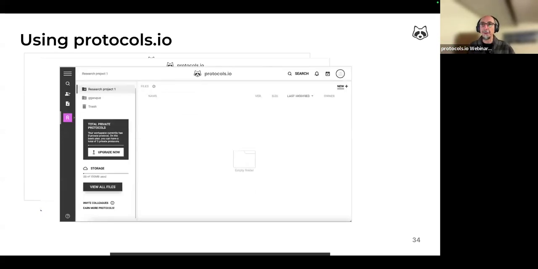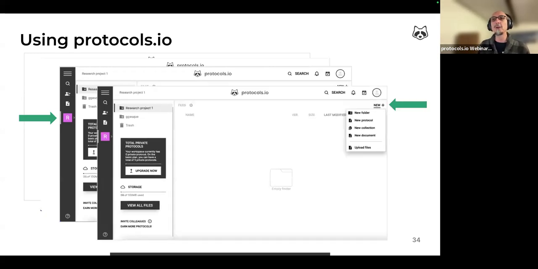Once you create a workspace, you have access to the file manager, which is now empty because in this example, the workspace is new. To the left, you have access to the administration menu of the workspace, and I will demo it in a little bit.